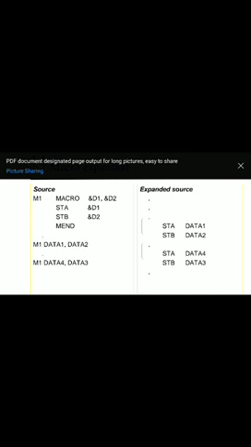How it expands, we'll see later, but just understand here that a definition is given, and after that we call it two times: m1 data1 data2. Data1 is going to be mapped with d1 and data2 is going to be mapped with d2. In the second call, data4 is going to be mapped with d1 and data3 is going to be mapped with d2. Okay,